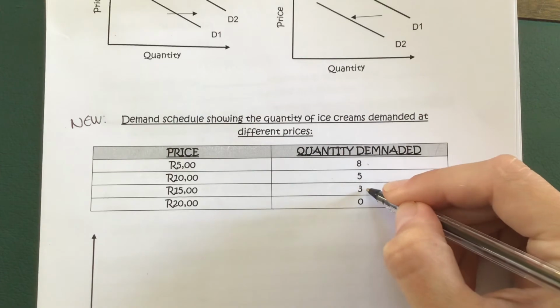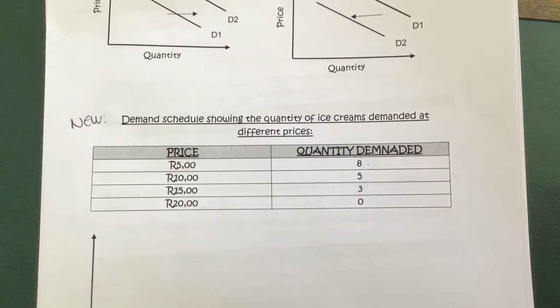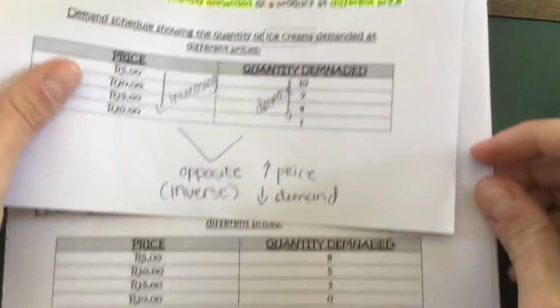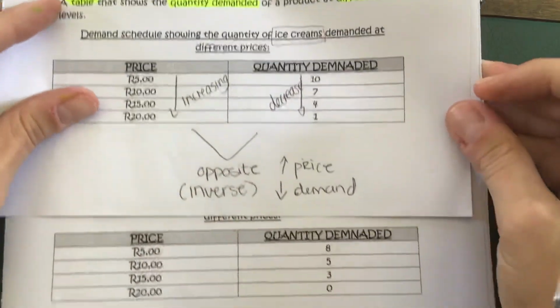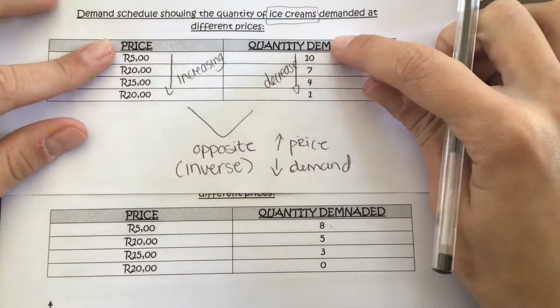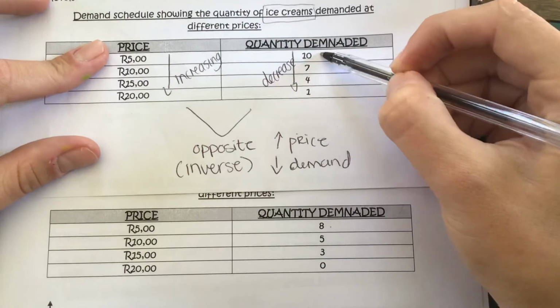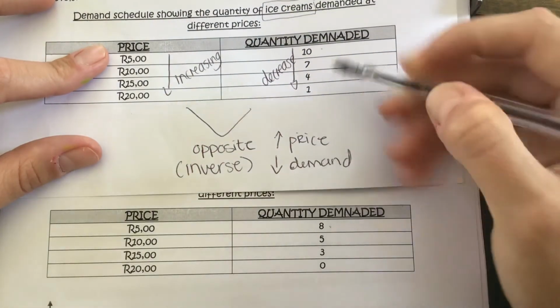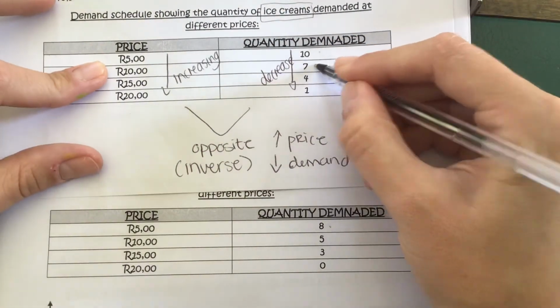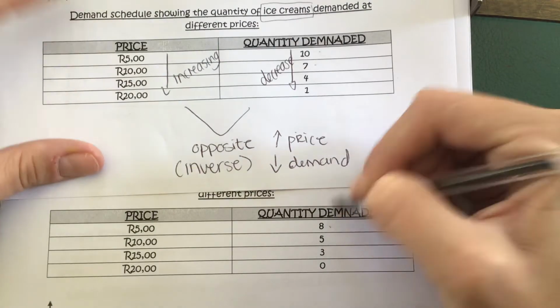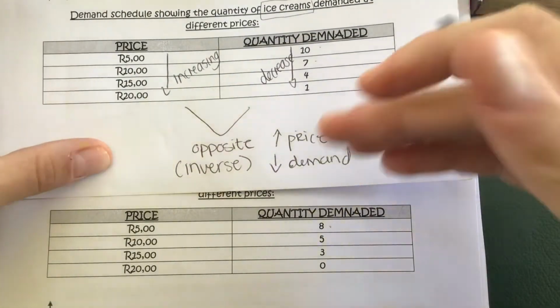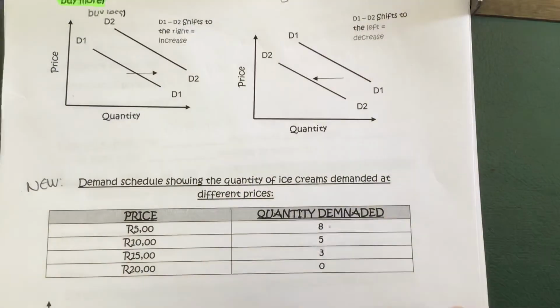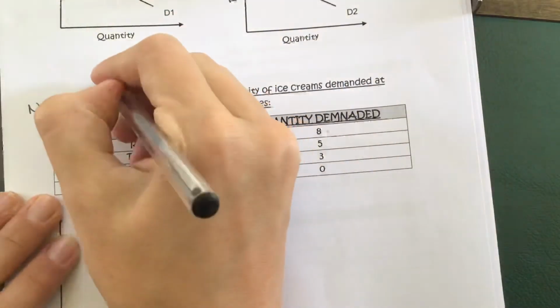At 15 Rand, only 3 people want, and at 20 Rand, nobody wants ice creams. So if you compare it to the one we did before, the first one was that they wanted 10. Now they only want 8. Then at 10 Rand, people wanted 7, but now they only want 5, okay? You have to think, why? What's the possible reason? Okay, let's talk about the reason